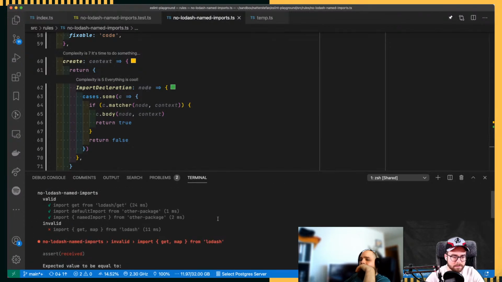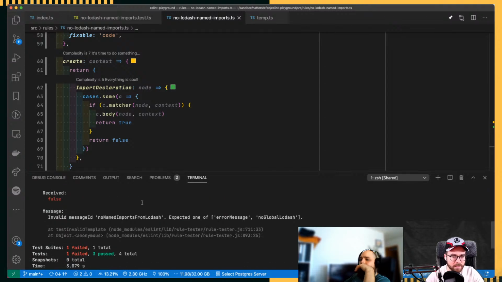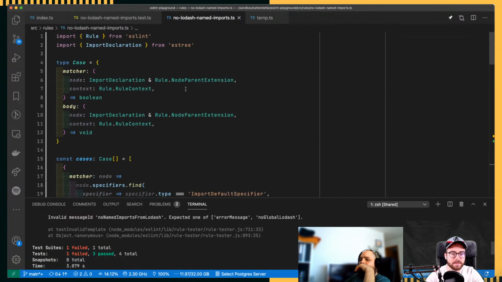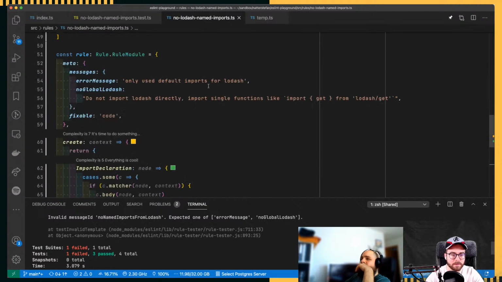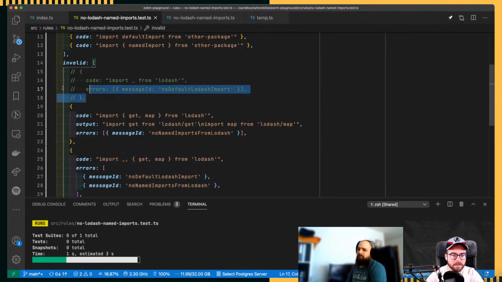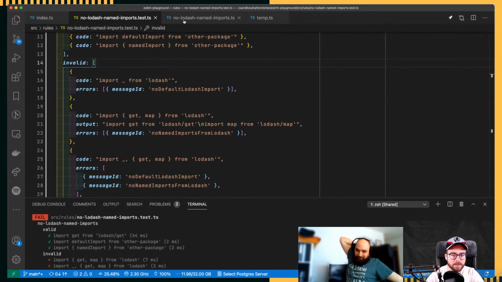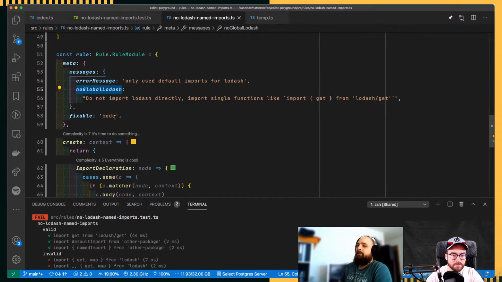One failed because of an invalid message ID. You have a different message. Let's see, where is yours? You have an error message, and no global Lodash. So if we go back to this one here and this one, you have no default Lodash import. You have no global. But